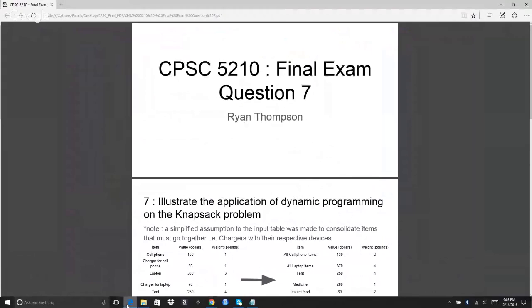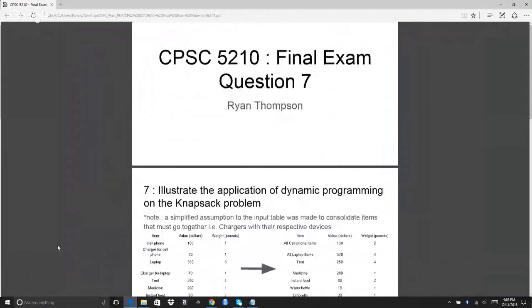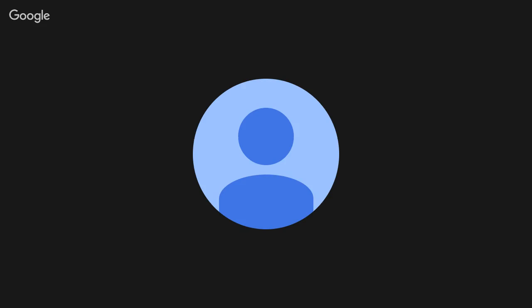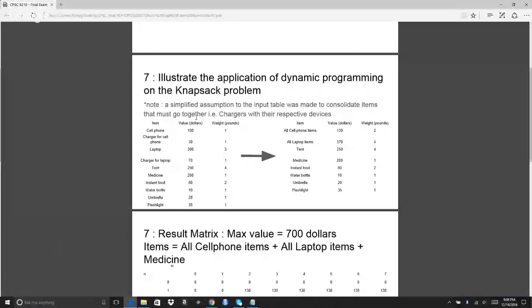Evaluate the knapsack problem. In the original problem, this is the matrix that you're given, but to observe the fact that a charger must go with their respective device,